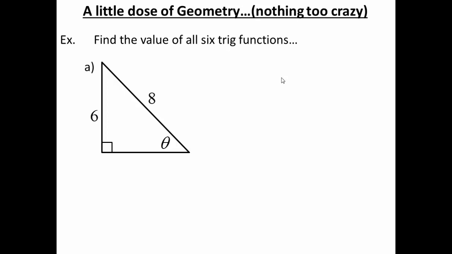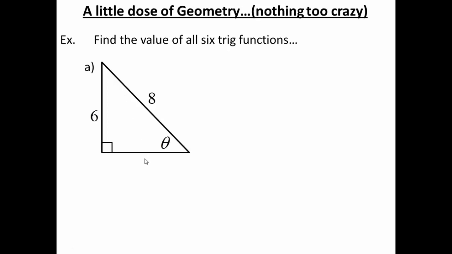So since I am looking for trig functions, I am eventually going to need to know all 3 sides of the triangle. So let's start with the Pythagorean theorem. I've got 6 and 8, which are multiples of 3 and 4. So the first thing I might think to myself is, hey, is this a 3, 4, 5 right triangle? Because 6 is just 3 times 2, 8 is just 4 times 2, so then 5 times 2 would be 10. So is the third side 10? And of course, no, the third side is not 10. If the 8 was down here, then I would say yes, 6, 8, 10. But 8 is the hypotenuse, 8 is the largest side, so the missing side couldn't possibly be 10,